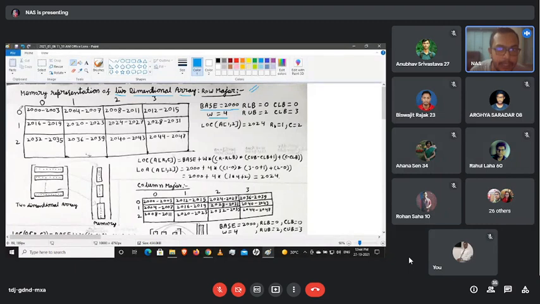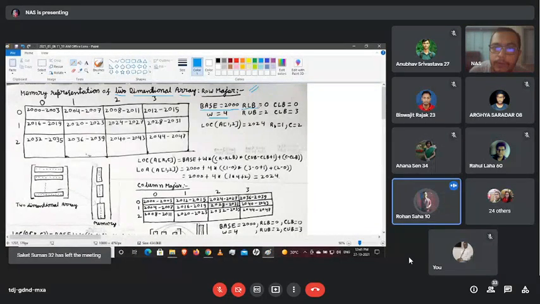So if we are checking here, what is the lower bound for the row? Lower bound, not upper bound. What is the lower bound for the row? What is the lowest row that is marked here? 0. So RLB will be 0 and upper bound will be